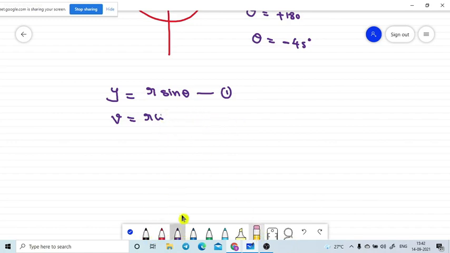Now the velocity of the particle is equal to R omega cos theta. It is equation number 2. The acceleration of the particle A is equal to minus R omega square sine theta. These are the formulas we are having. So